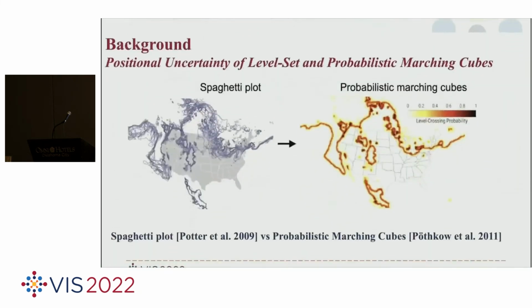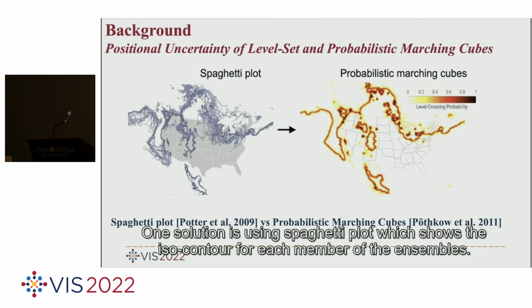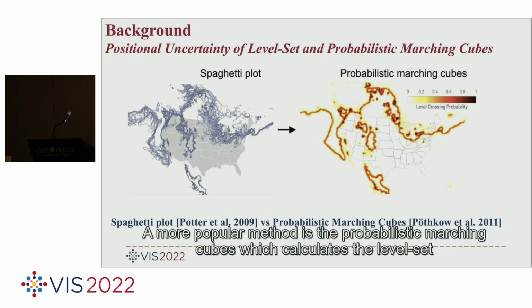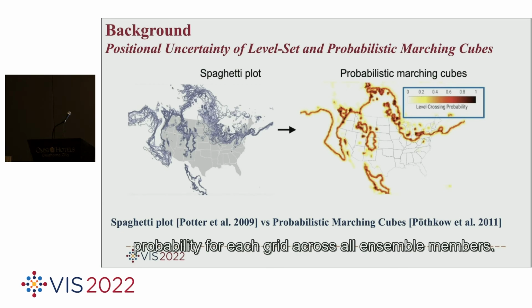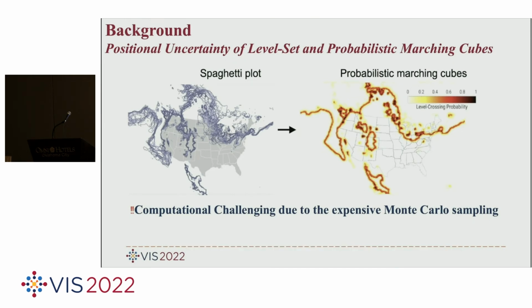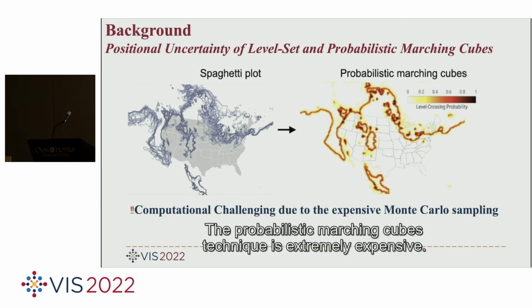Uncertainty of ensembles has been extensively studied via visualizing positional uncertainty of level sets. One solution is using a spaghetti plot, which shows the isocontour for each member of the ensemble. A more popular method is probabilistic marching cubes, which calculates the level set probability for each grid cell across all the ensemble members. Probabilistic marching cubes solves the occlusion and clustering problem of the spaghetti plot. However, because it uses Monte Carlo sampling to draw samples from a multivariate Gaussian distribution, the technique is